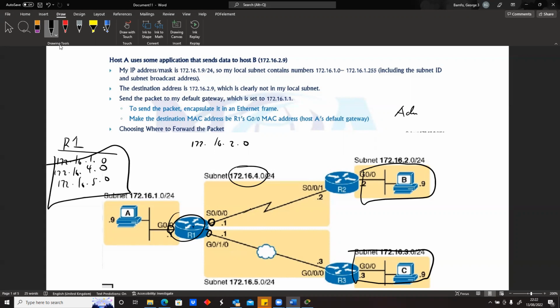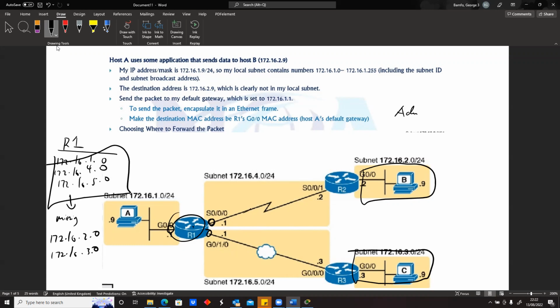And so there are 2 ways of doing it. It's either we go into the devices. So we're going into this device and say, hey, this is the missing network that you need to know about, 172.16.2.0, and then also